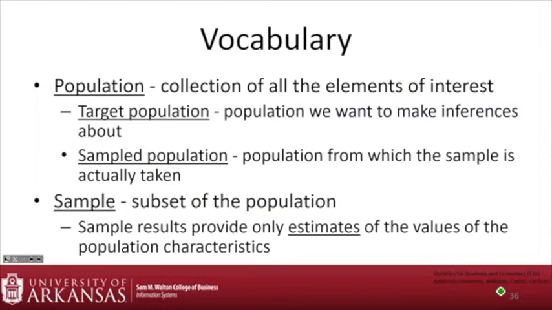The population, we have a target population. That's who we want to make inferences about. But just because I want to make inferences about a group doesn't mean I can actually get a sample from that whole group. So there's a targeted population, and there's also a sample population. That's who I can actually get my sample from. There's a little bit of a distinction there. Our sample is just a subset of our population. And the idea here is that our sample is going to provide an estimate. All that we're doing are making estimates. Our best guess given what we got.